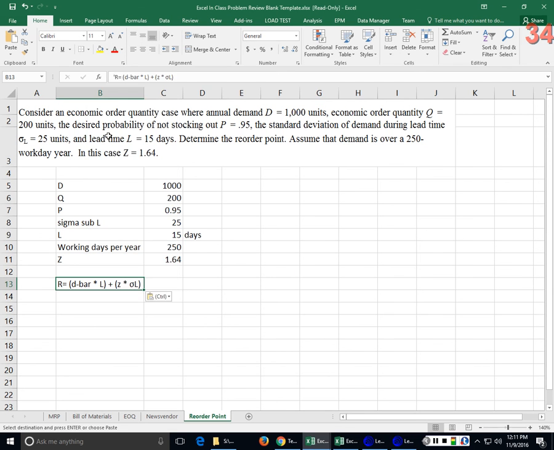From your formula sheet, you know that your reorder point is small d, which I call d bar, times your lead time, plus z times your standard deviation of lead time,